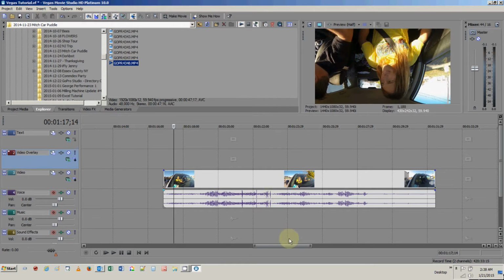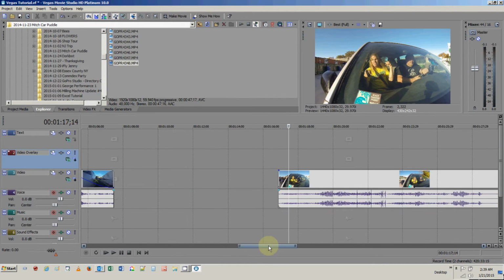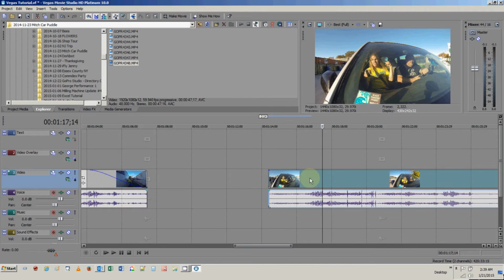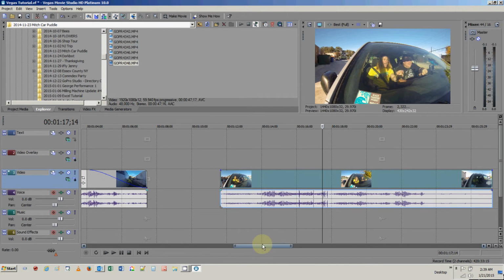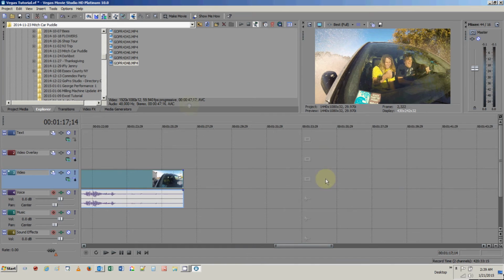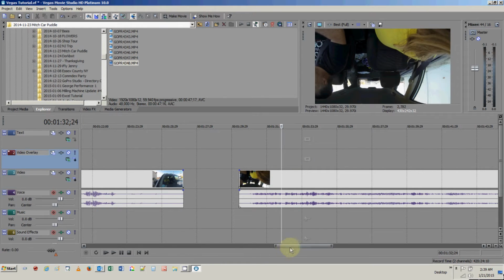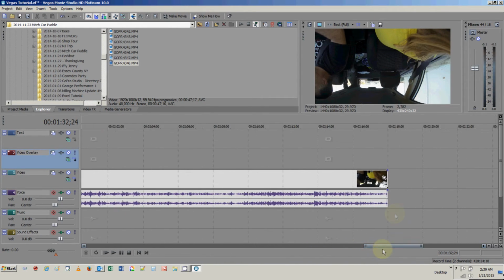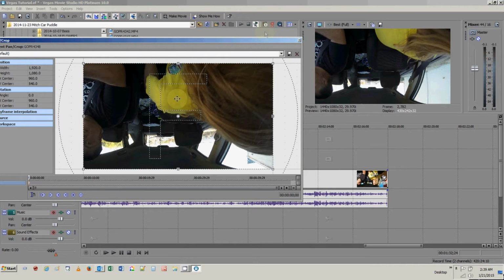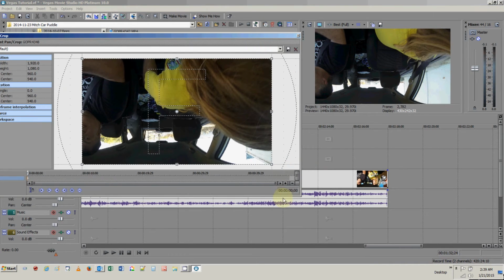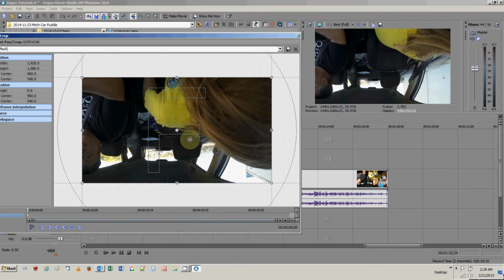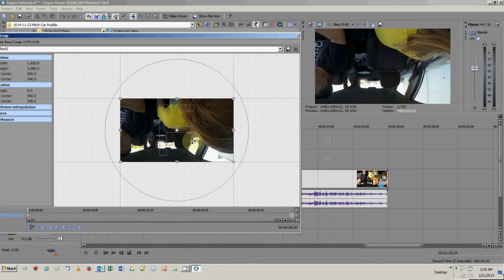So first off, what I want to do is we've got our main video back here, and we've got this little snippet that we saved. I'm going to come out here kind of in this open area and use it as like a sketch pad, drop this in, and when I click on the video, you'll be able to see it's upside down. So if we come over to this little device right here, we can go ahead and click on it, and it brings up this other screen. And this other screen is very powerful. It lets us do a few things. You can use your mouse wheel and scroll out.